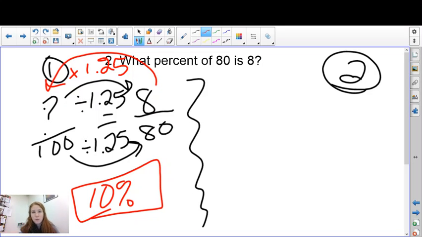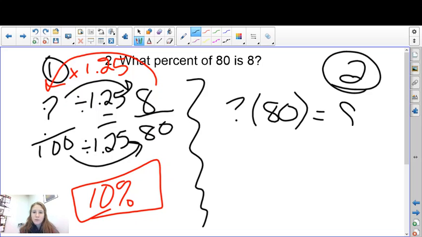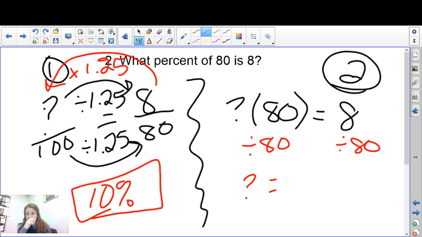Next, method 2, using the sentence. So what percent of means multiply, 80 is means equals, and then 8. Well, here, the question mark and the 80 are being multiplied. Since I don't know what that question mark is, I have to undo that, and I'm going to divide by 80. So 8 divided by 80,